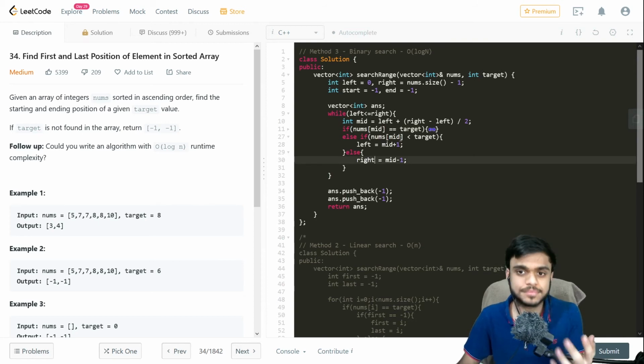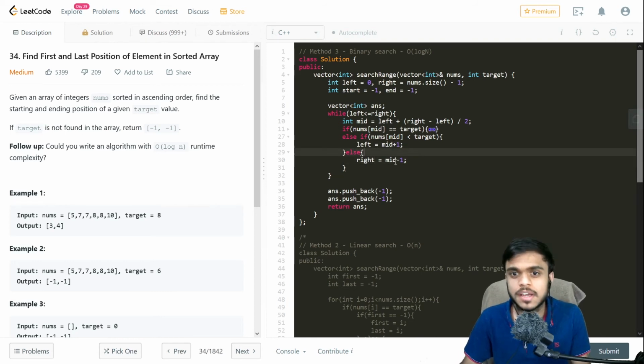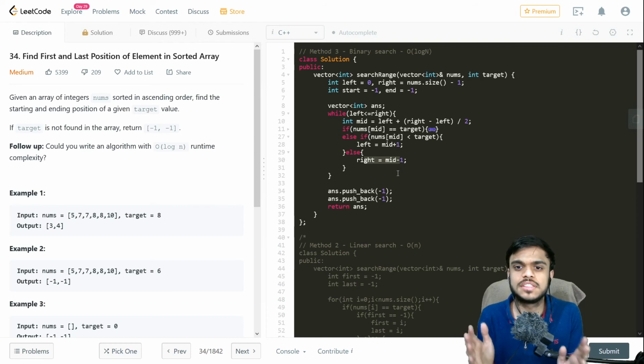If our target is greater than the mid, we set left to mid plus 1, and if our target is less than the mid, we set right to mid minus 1. That changes the right and left pointers so that we go to the first or the second half based on the conditions.